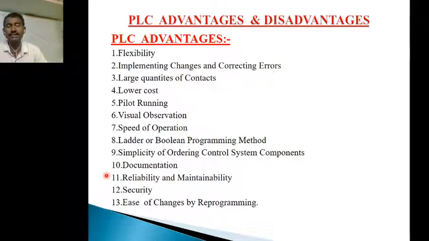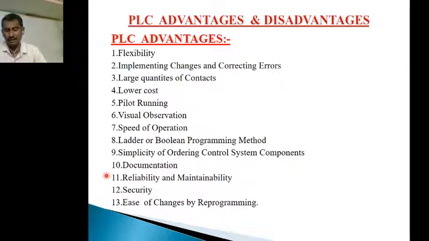And next, the ninth advantage of the PLC is simplicity of ordering the controlling system components. That means if you want to perform one operation in the industry, then we have to order all the equipment one by one.